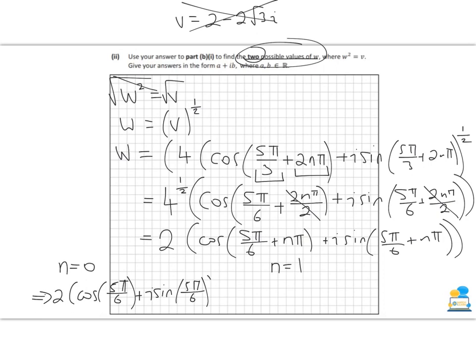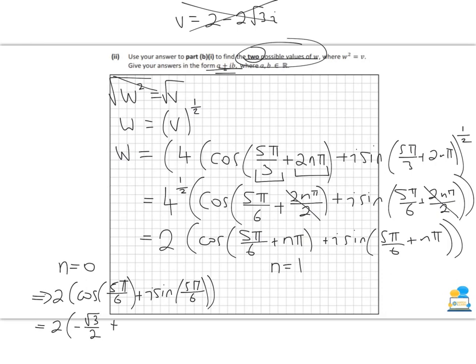plus i sine 5 pi over 6. Now, we need to give our answers in the form a plus ib or bi. So I need to actually go and use my calculator to figure out what cos 5 pi over 6 is going to be. Now, if you leave the pi in there, you're going to have to convert your calculator into radians, so make sure R is up the top, or you could just multiply by 180 and get rid of the pi if you wanted to. So when I pop cos 5 pi over 6 into my calculator, in radians, I'm getting minus root 3 over 2,